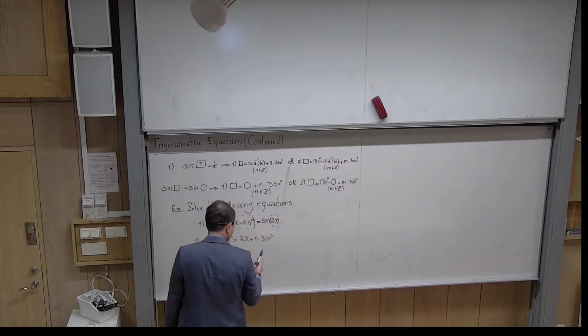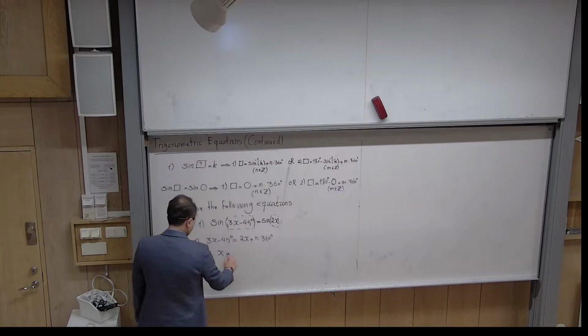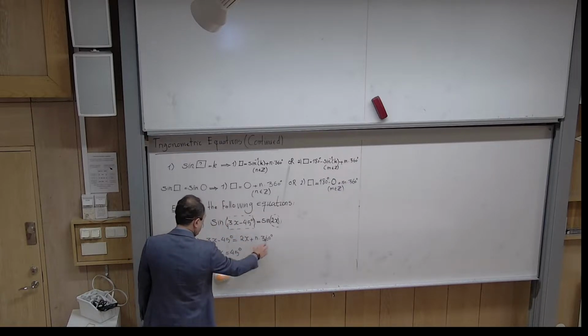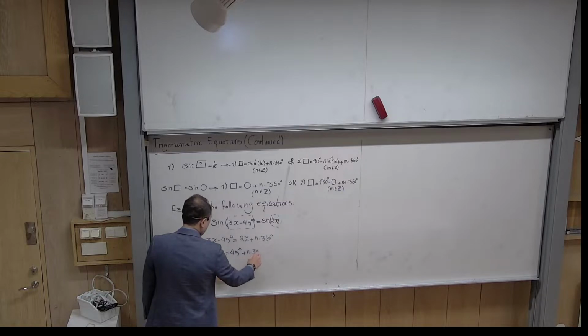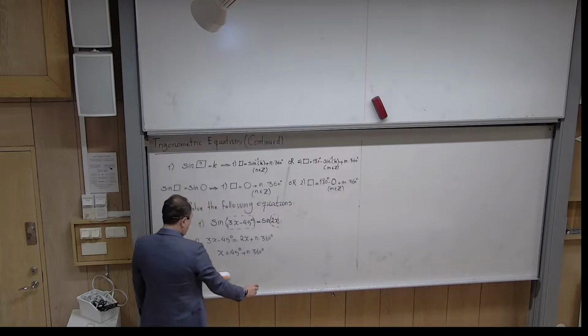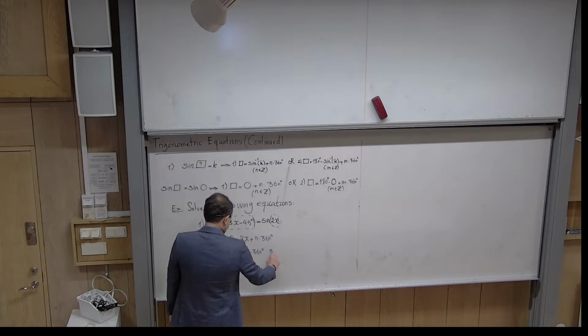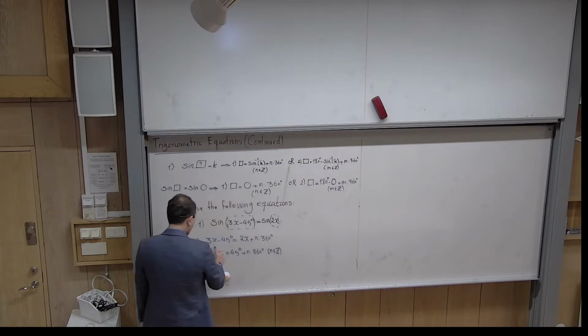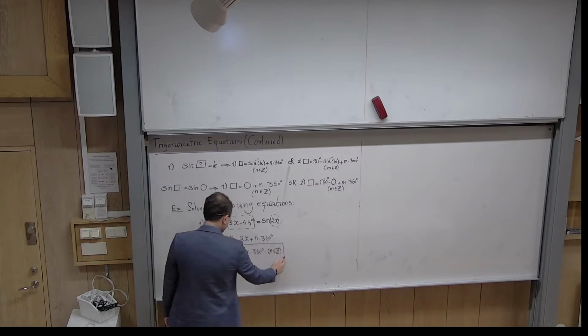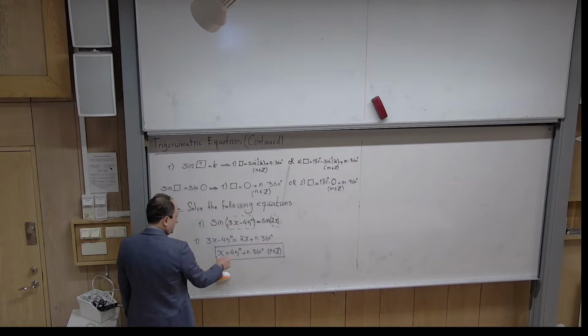Then I have to move 45 to the other side, so it becomes 45 positive. And then I have plus n times 360 degrees. And then I would write n belongs to Z. So that is one group of solutions. There are infinitely many, one for each choice of n, but